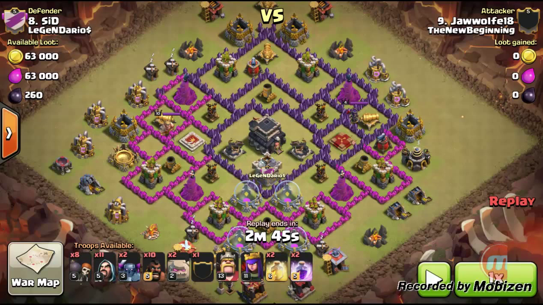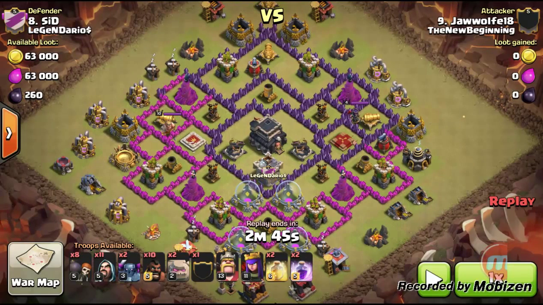Today we're going to go over GoWiPeHo. I would say the GoWiPeHo is probably the funniest name out of all the Clash of Clans attacks. Alright, so the first thing you're going to be doing inside the GoWiPeHo, basically the beginning, is just